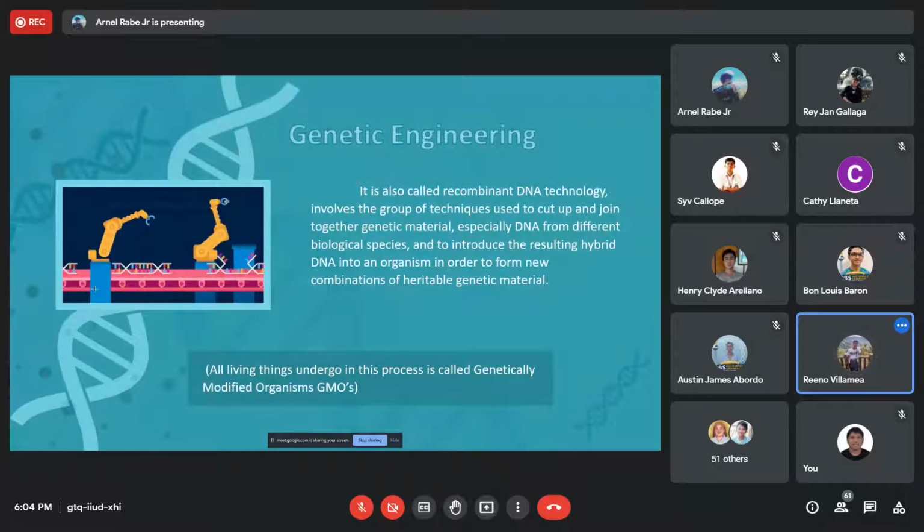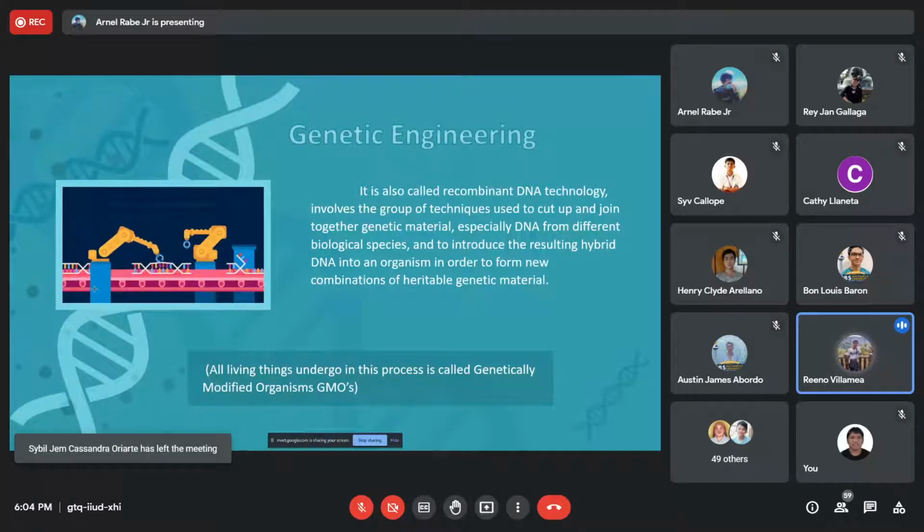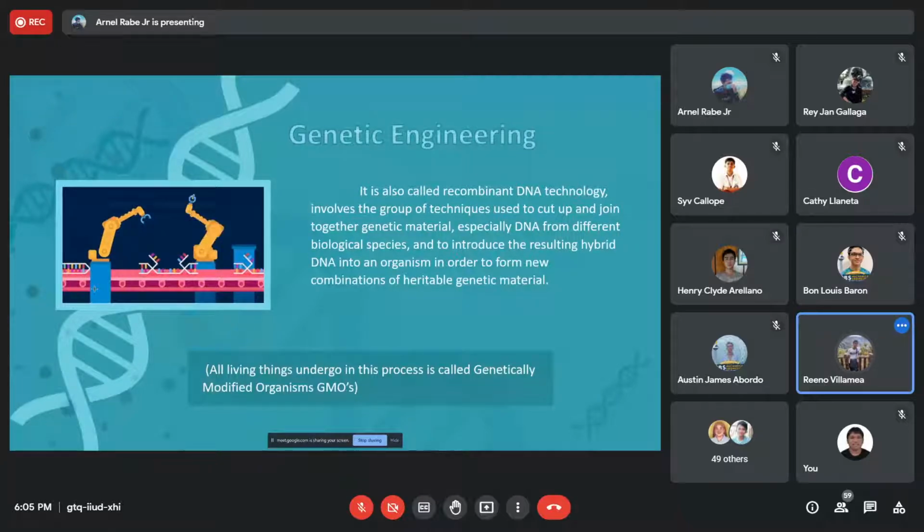As we remember, DNA or deoxyribonucleic acid stores a code made up of four chemical bases. First is adenine, second is guanine, third is cytosine, and last is thymine. DNA bases pair up with each other. Adenine is for thymine and cytosine is for guanine to form units called base pairs. So the genotype or the DNA, together with other factors,